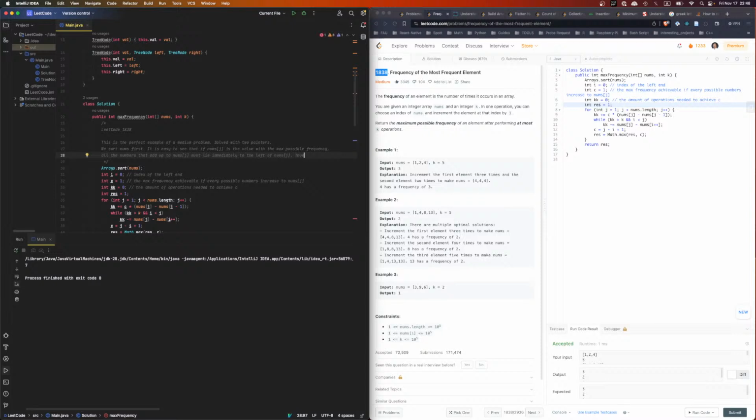Thus, we can use nums i, right, to mark the beginning of such a subarray,